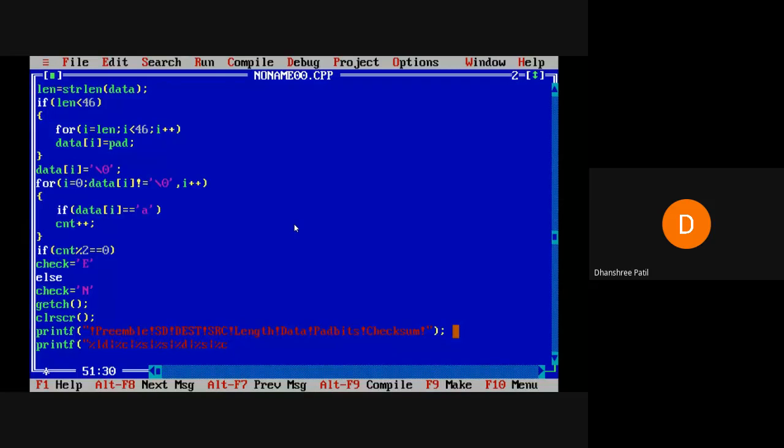Then ld is for preamble. So pre we have taken, then start delimiter, then destination, then SRC, then length, then data, then check. Okay, and that's it.